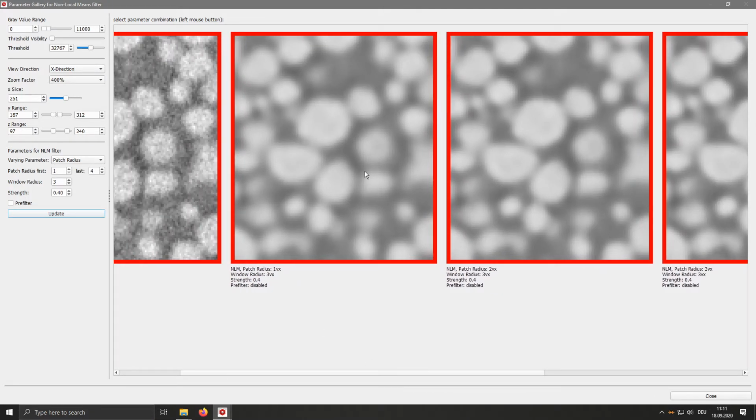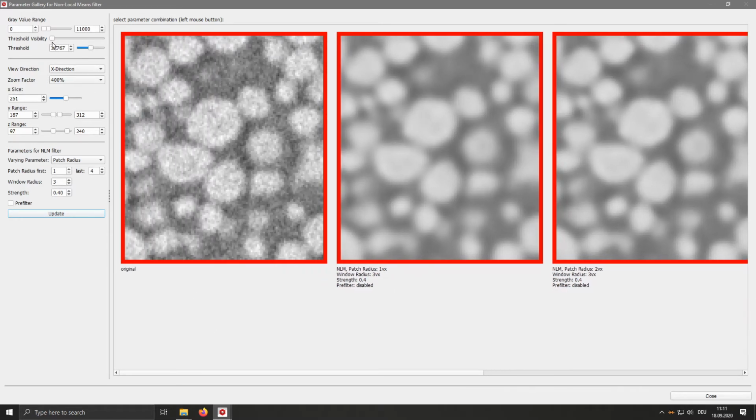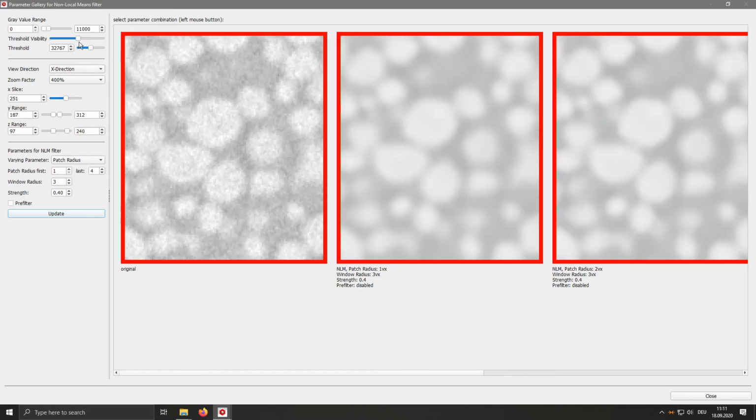You can also get a preview of what the effect on the segmentation will be by increasing the threshold visibility up here in the left. I do this now, and first of all, we see there isn't a really useful preview because our threshold is set too high.